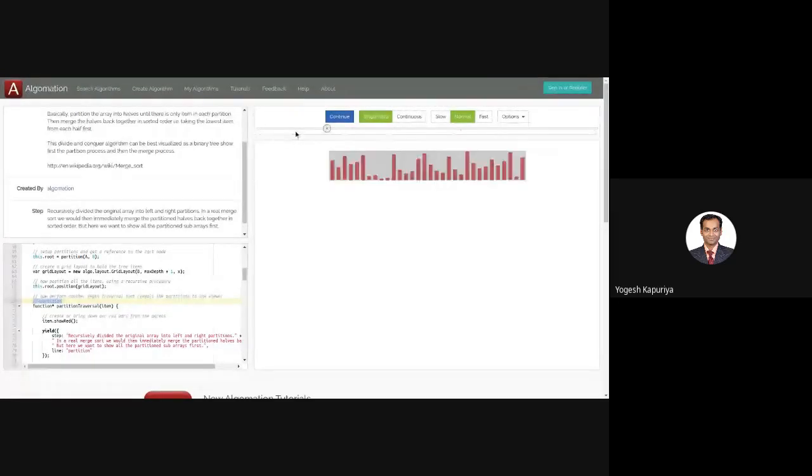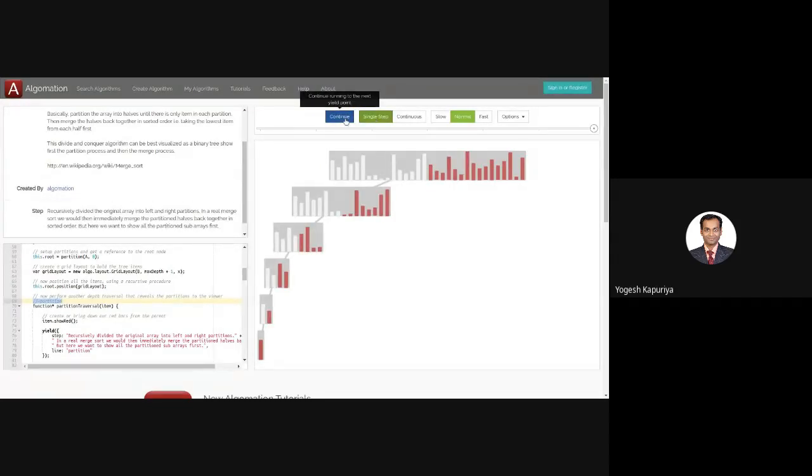This one. We want to sort these numbers. The bar chart indicates the value of each number. We are not interested in the exact value, but it indicates that there is dissimilarity and no order in these numbers. Our goal is to sort this using the divide and conquer approach. As we have discussed, first it will divide the problem statement into two parts, right?